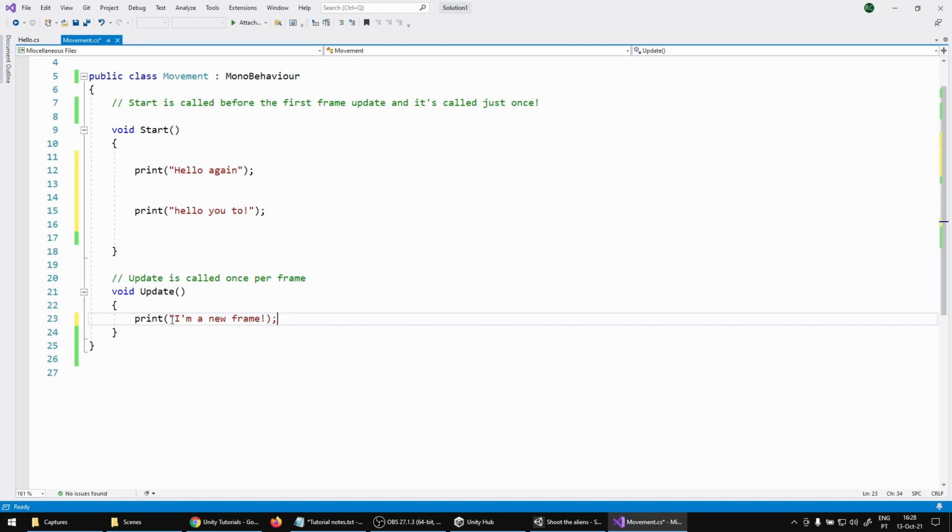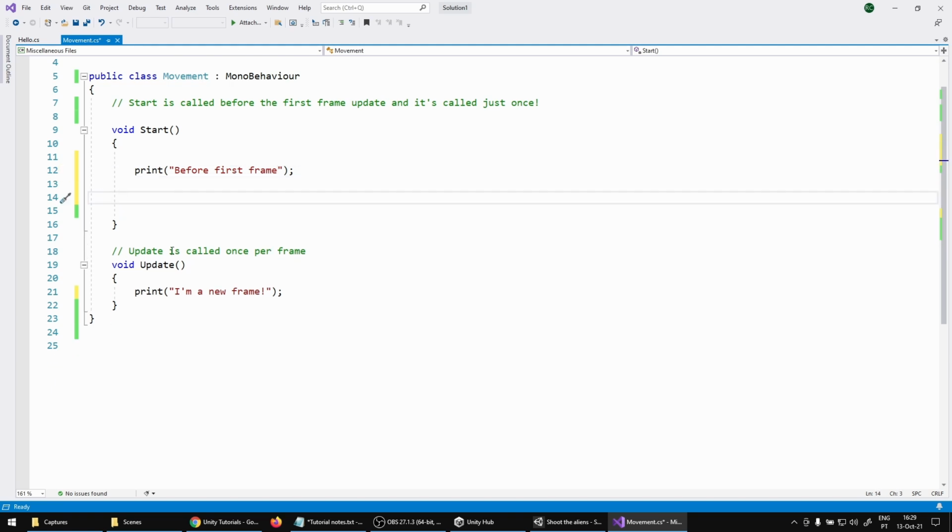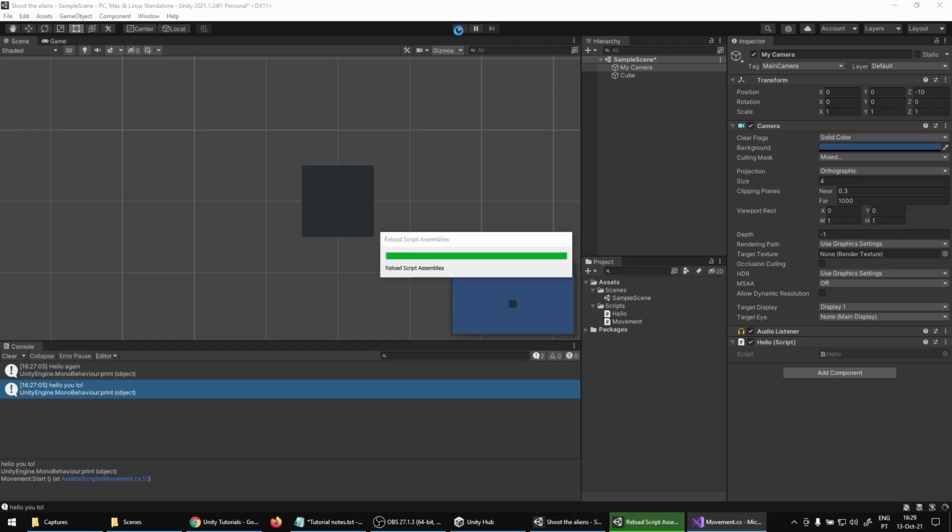Oh, I forgot here this thing. I don't need this anymore. This is hello again. I will change to before first frame. I will delete this one, and then in the update function I will print I'm a new frame. So save, let's go to Unity and let's play this